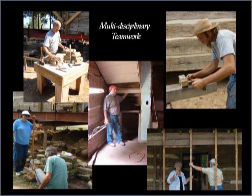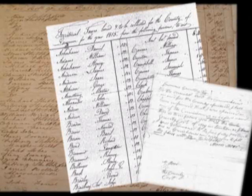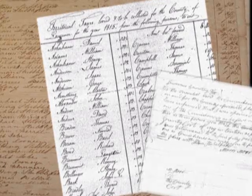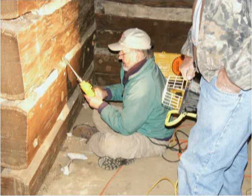The restoration presented a real challenge for our multidisciplinary research and restoration team. We knew from the beginning that this structure was not the dwelling house for Reuben Rice and his family. They had arrived in the Eleven Point River Valley from Tennessee in 1812. Their early arrival has been well documented. Dendrochronology studies, or tree ring dating, conducted by Dr. Dave Staley of the University of Arkansas Tree Ring Laboratory, had confirmed the family tradition that this structure was built